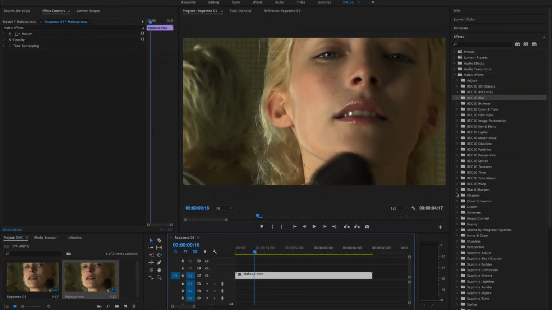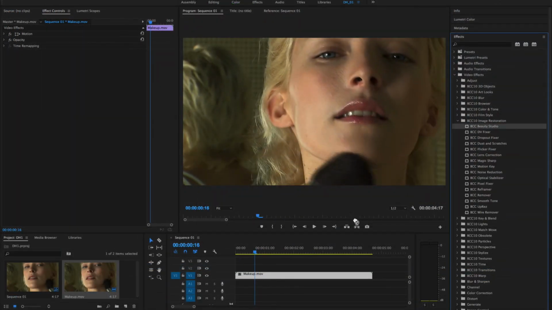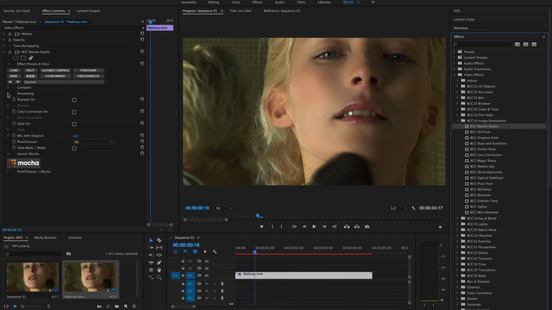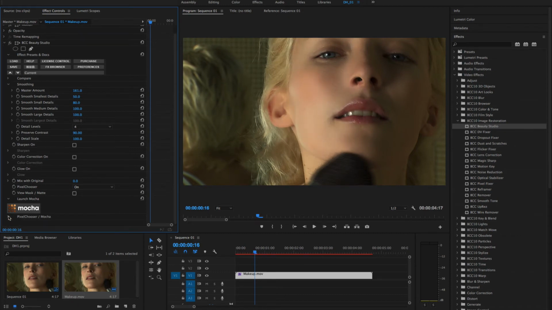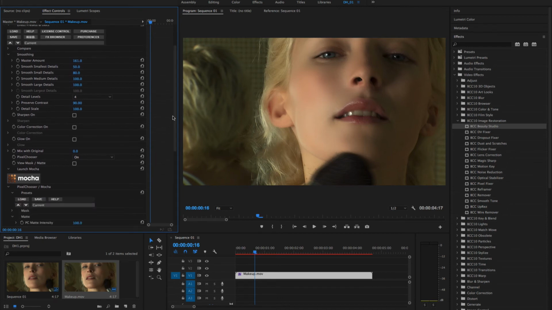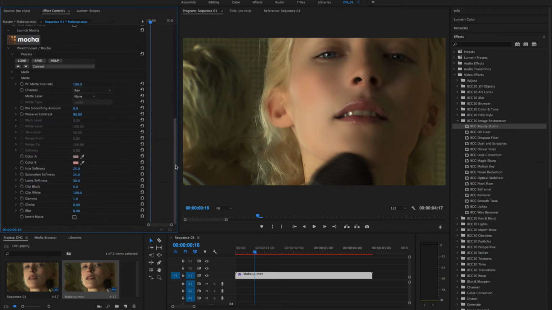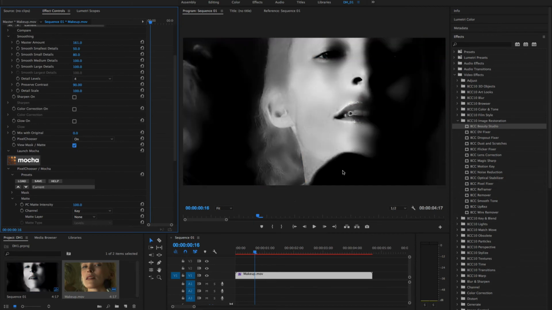In this example I'll apply the BCC Beauty Studio effect to a video track in Adobe Premiere. The Pixel Chooser module is available in all BCC tools to isolate the effect. The Pixel Chooser consists of two components, a key and a shape. In this case the default key setting for a European flesh tone gets us quite close to the required selection,